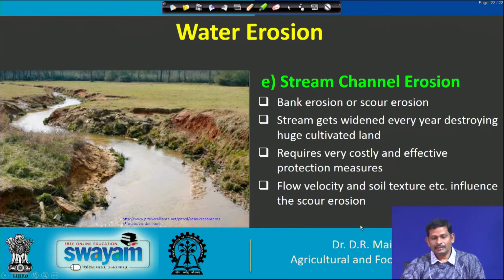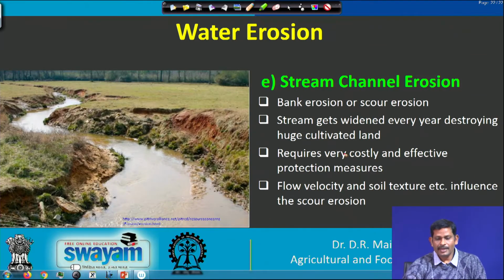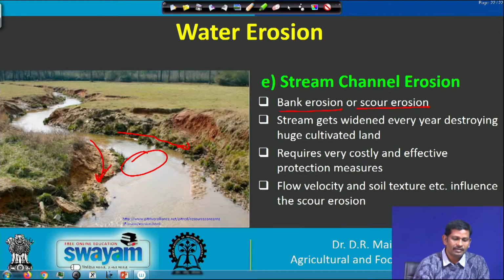And then the last category is the stream channel erosion. In this case, there is bank erosion or scour erosion. In bank erosion, basically the stream is going to dredge the sides or banks of the channel, and not only that, there is scour erosion, so the bed load could be eroded in this case. So, the stream channel has two possibilities. One is the stream bed as well as